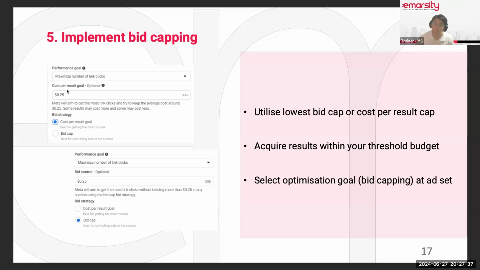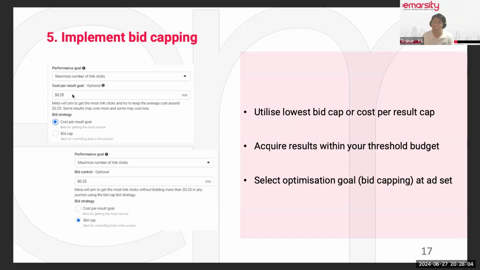How you know what is the right cost to put is two-way. Put in the amount that is your threshold. What's your maximum amount that you are comfortable with paying, in this case, per click to your website? If it's lead, what's the maximum you're willing to pay per lead received? First way, put in your threshold for per result, or second way, look at your existing or past campaign.